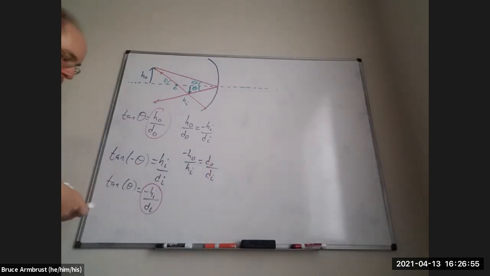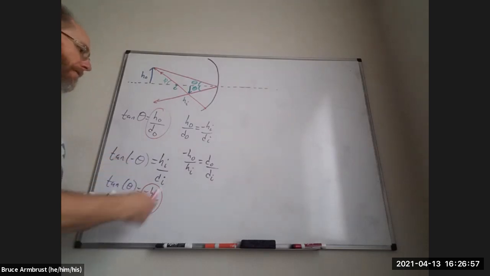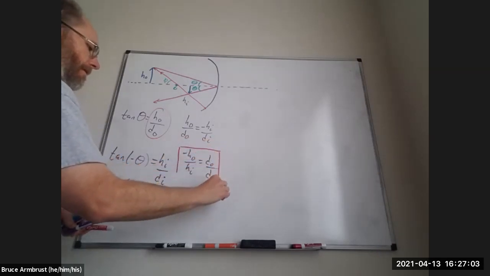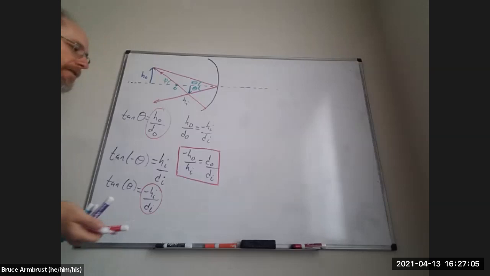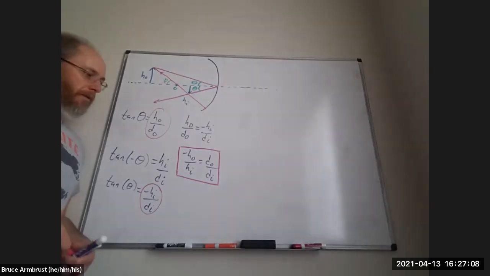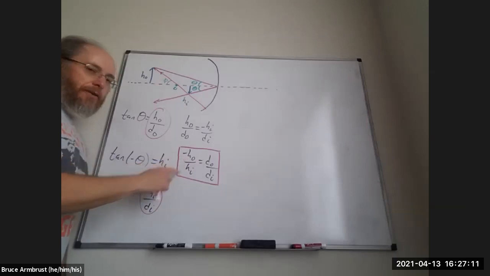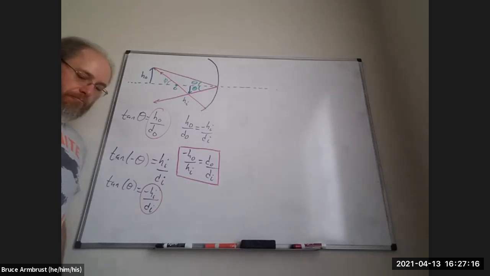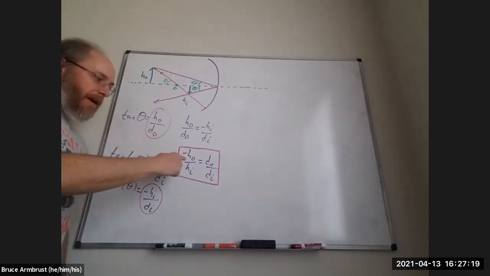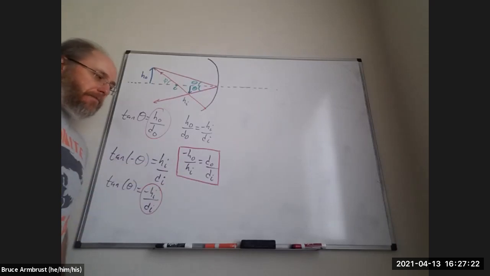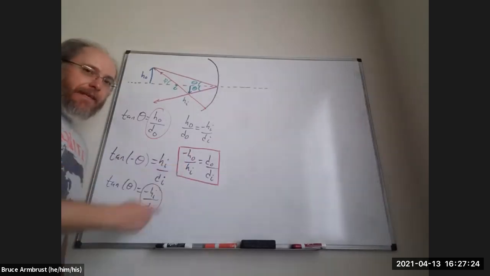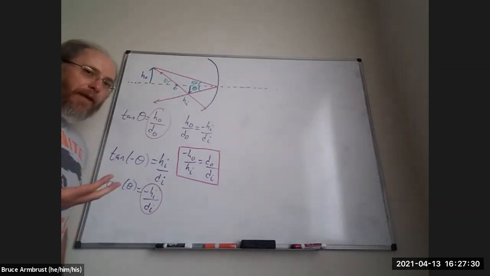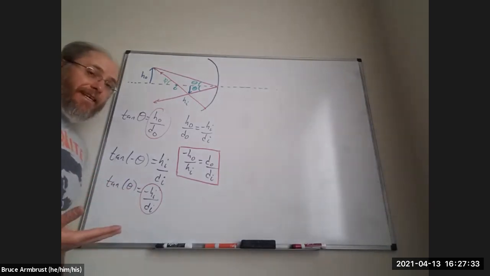All right. Now, we're not done, but I do want to put a box around this because this is an important fact. I want you to look at what those ratios are. The first one is a ratio of the heights. HO and HI are the heights of the object and the image, respectively. So this is a measure of magnification. How big or small is that image we're going to see